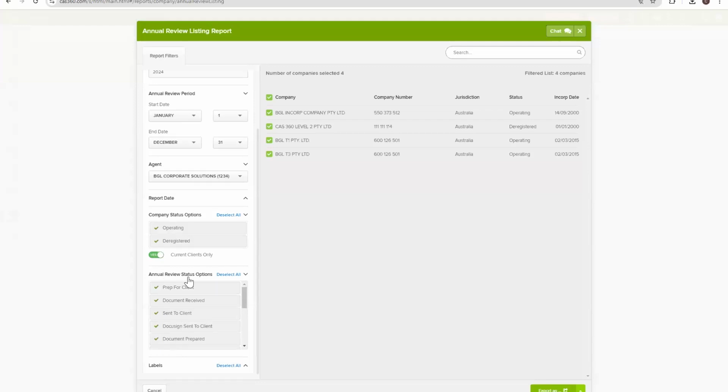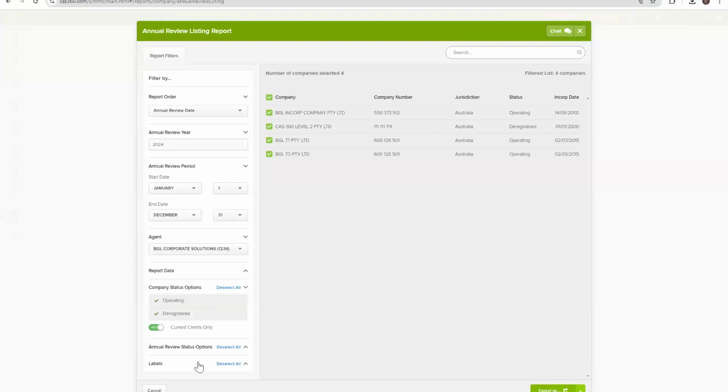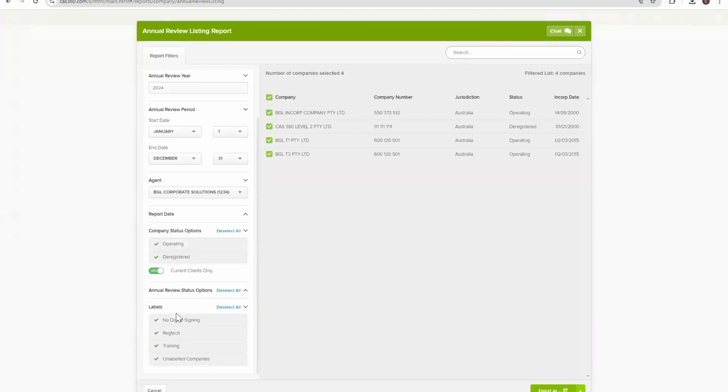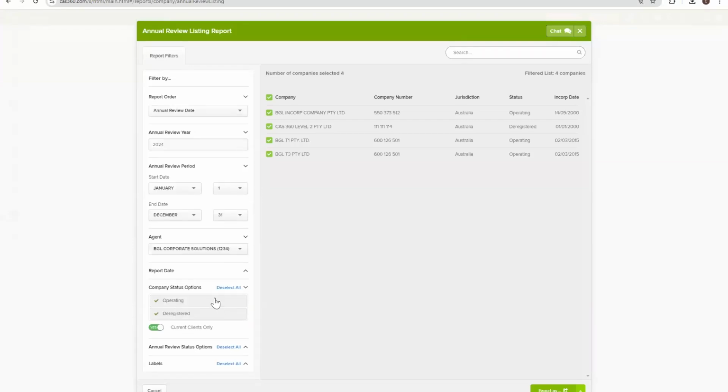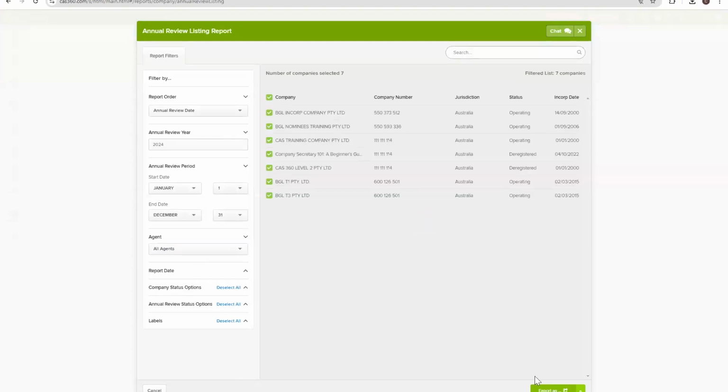You have the annual review status options, so whether it will include whether we've received it or not in there. And then the labels is related to the tags I mentioned earlier in the agenda. So we'll look at that later. But for now, we'll just do all agents,